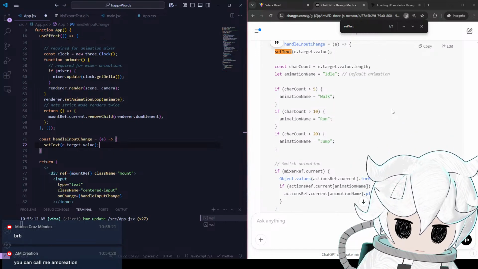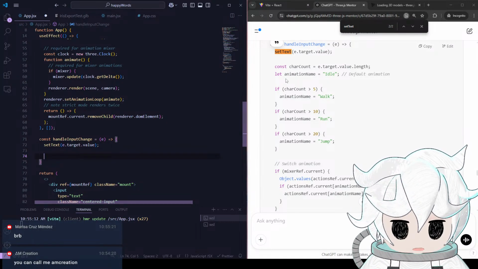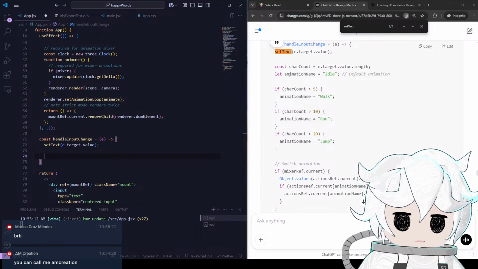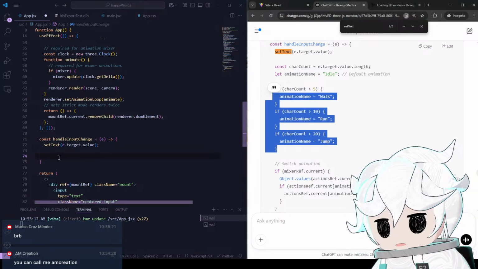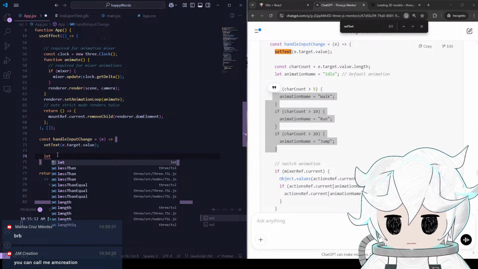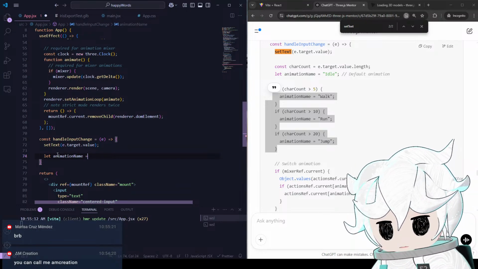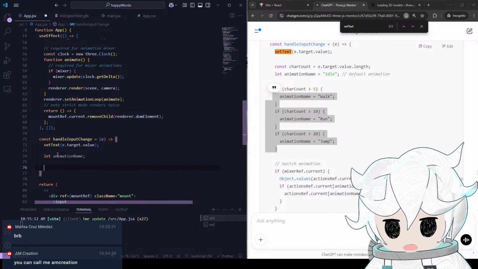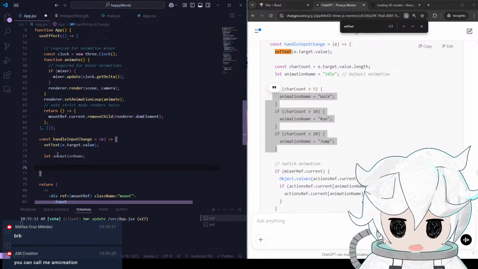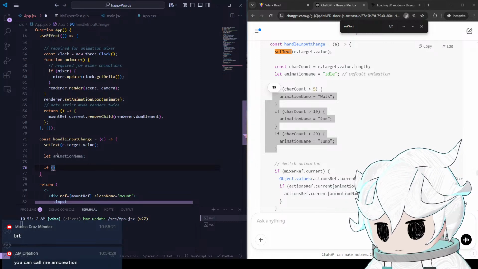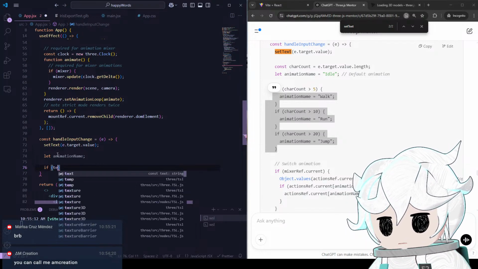Okay. The rest of the code I think makes sense to me. Obviously these are not the exact animations I have. So let animationName equal nothing for now. Okay, how should we do this? If, set, if text,